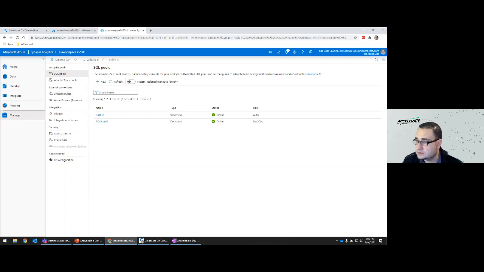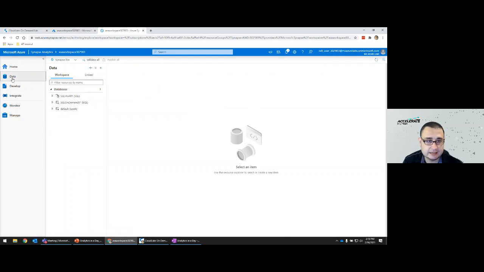The first thing we're going to do from our lab is analyze some data. We're going to click on the Data tab here on the left. You can expand or collapse it to get a bit more real estate. Under our data section, we're going to go under our SQL pool 1. Sorry, we're not going to go to the database section right now.